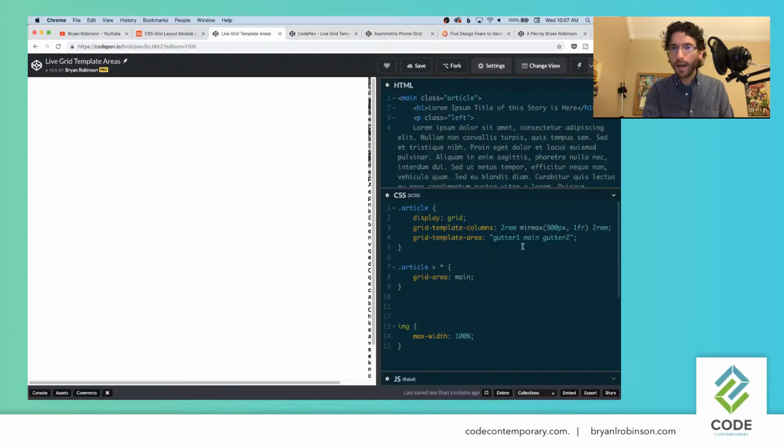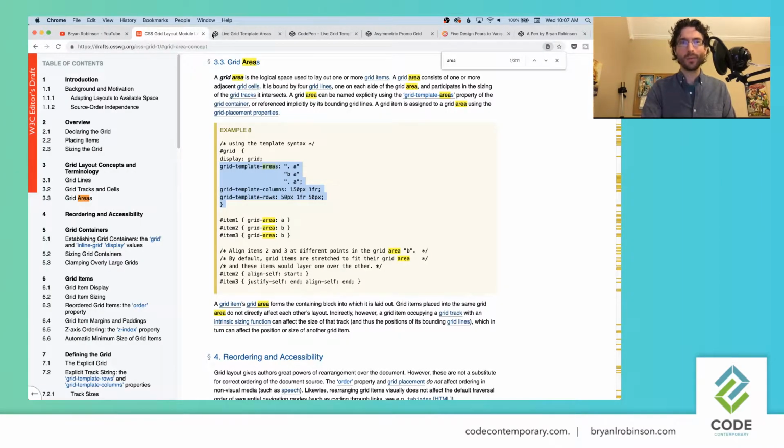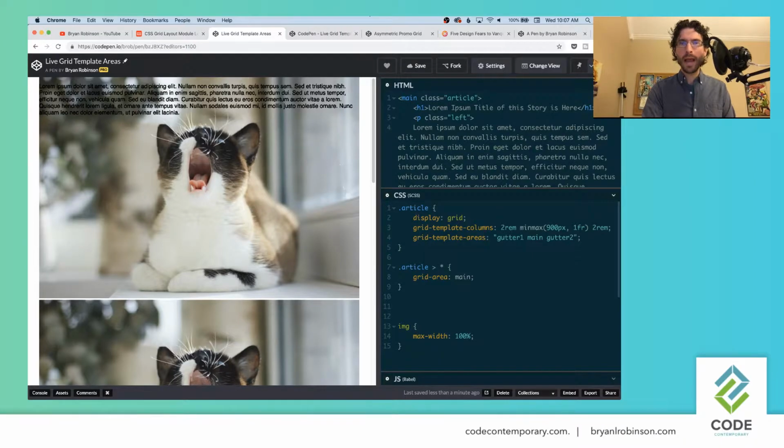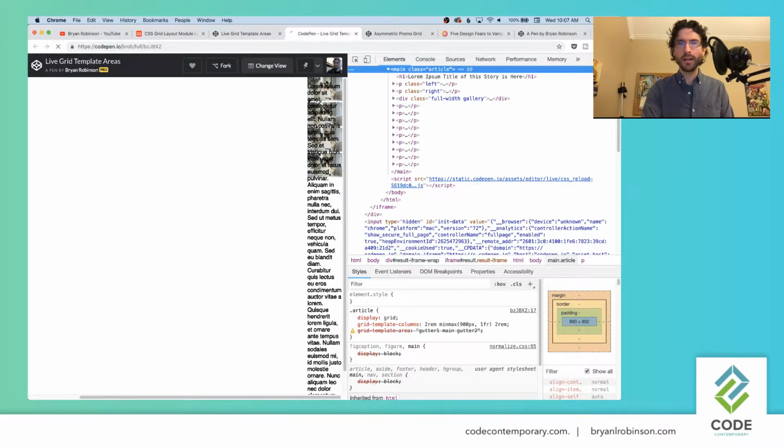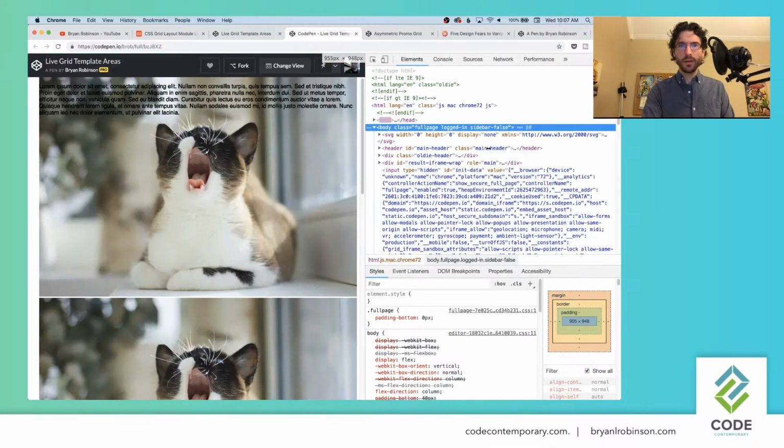Okay, it is grid template areas, so there's a typo in there. There we go. All right, it's important to actually name your properties what they are specified in the specification, and you can always look at the CSS working group to do that. So now we have that centered column, and when we look at it in the full page view, it goes